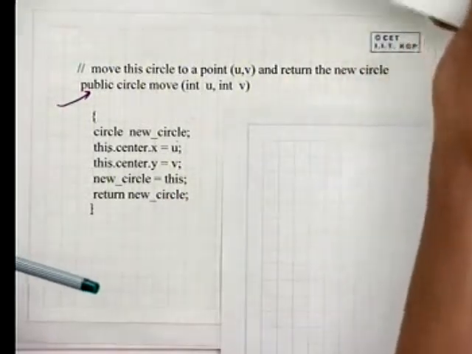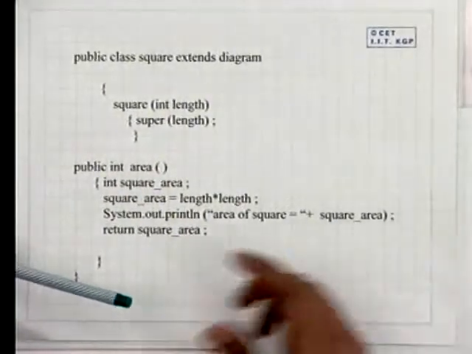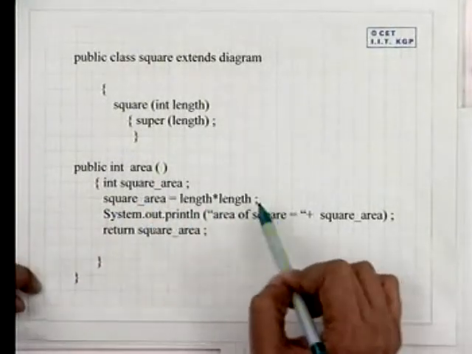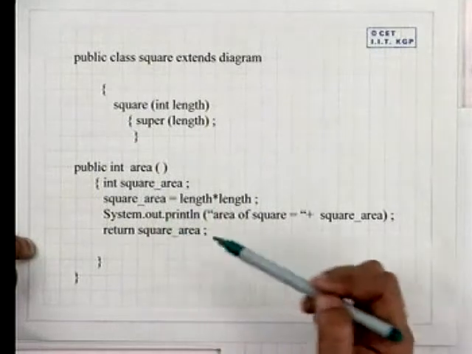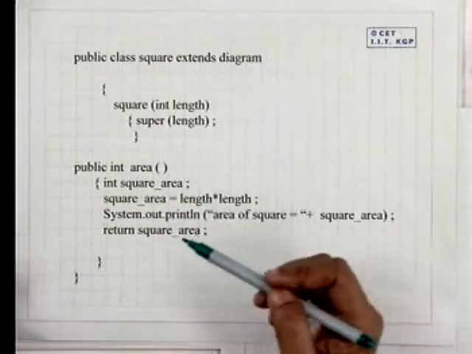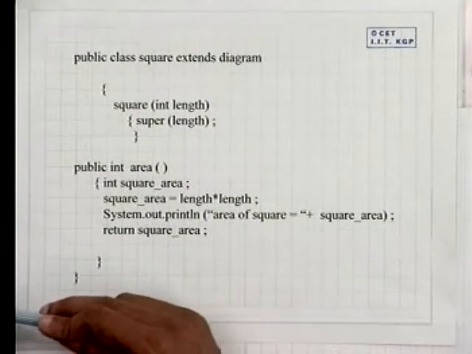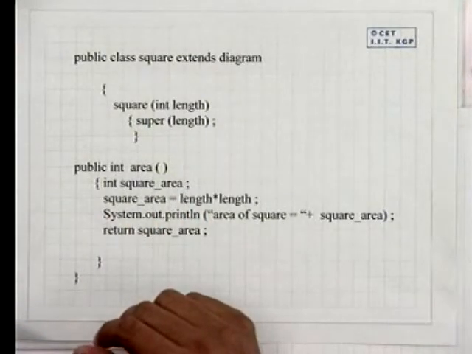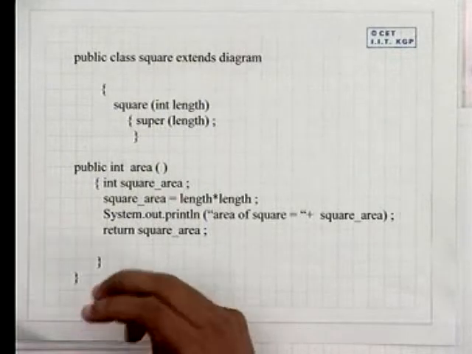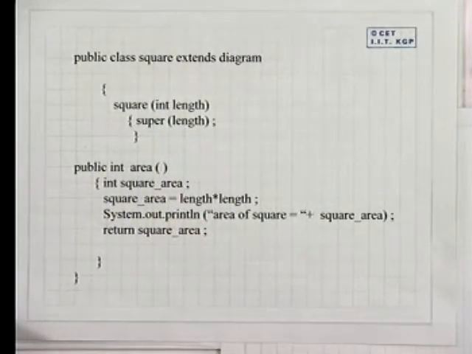Similarly, in the case of an area, say of a square, it's very easy. In this example you have the length, this is the code, and this is how it is computed. Now in more complex situations, with complicated methods, it may be that only the method name is sufficient. The internal details of the code may not be of much relevance to the user. Or it may be that the same method is implemented in different ways under different circumstances. So it is better that we do not